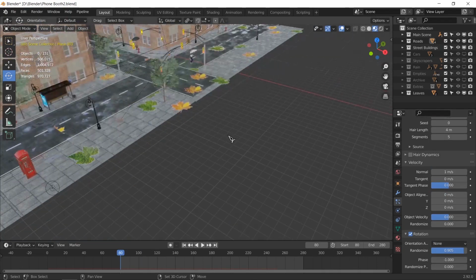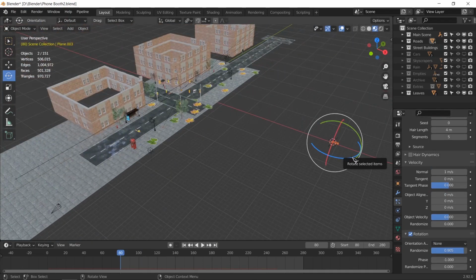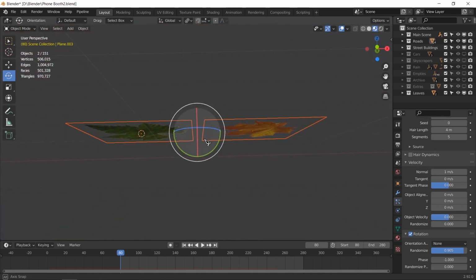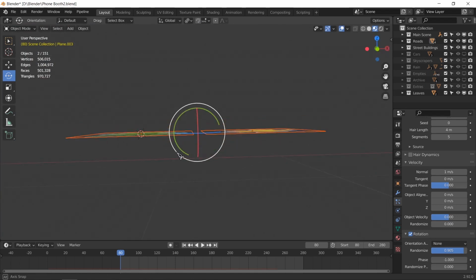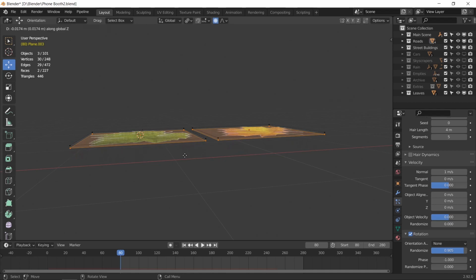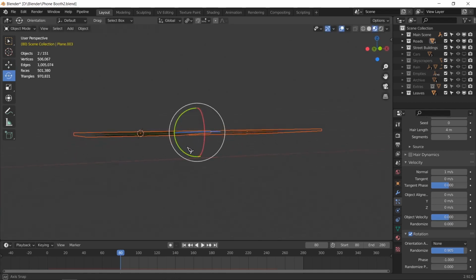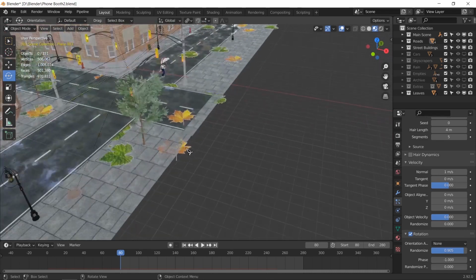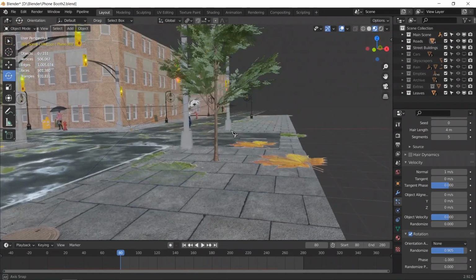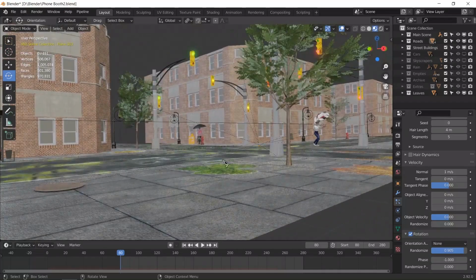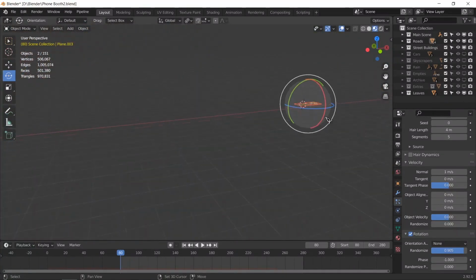Let's go ahead and move these a little higher. Let's see if we can go ahead and extrude these a little bit, just so they're more double-sided, I'd say. Does that look any better? It doesn't really, but I also need to shift the